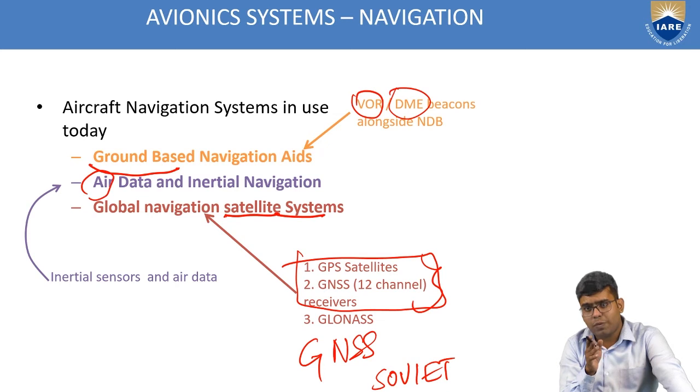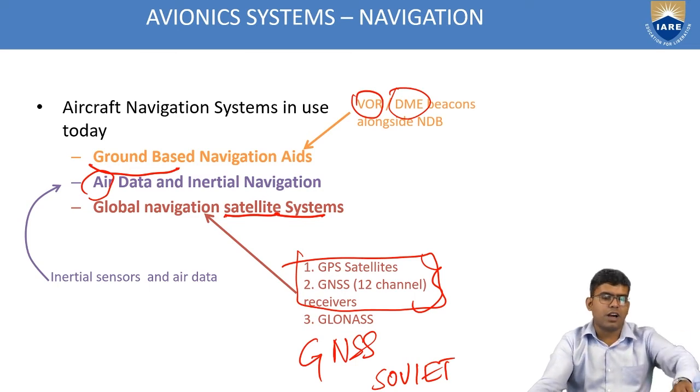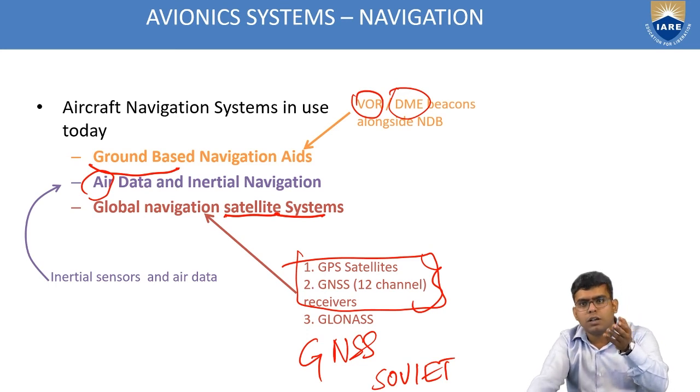And the third one is global navigation satellite systems, where I rely on the satellites that are revolving around the Earth. A small example of GPS systems: instead of imagining with aircraft, let us say nowadays each and every car, or your phone, has a GPS module in it. Let's say that you are on Google Maps and you are looking for directions from Institute of Aeronautical Engineering to